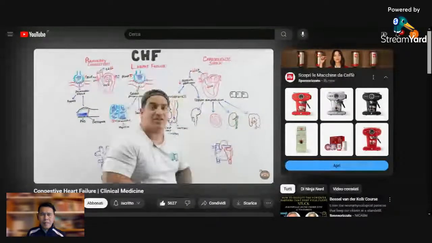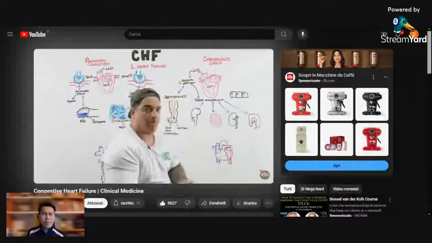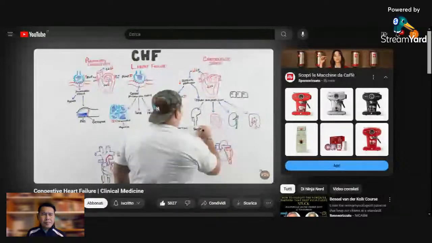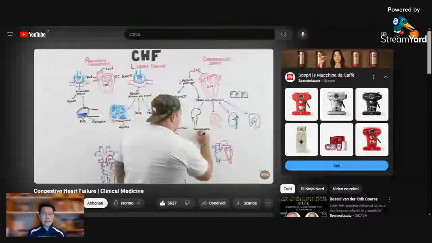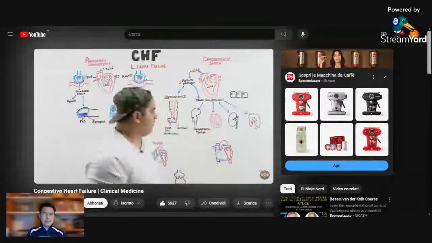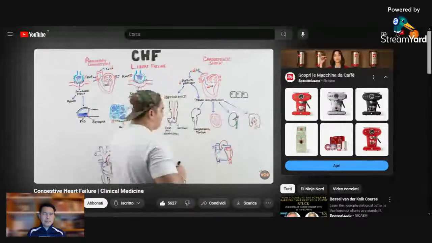If I don't perfuse the actual brain, then I can develop encephalopathy, and this is probably going to be one of the most common causes. Sometimes it's possible it could cause a TIA or CVA. All right? So that's another thing you want to watch out for. The other thing is that if you don't perfuse the actual myocardium, it may